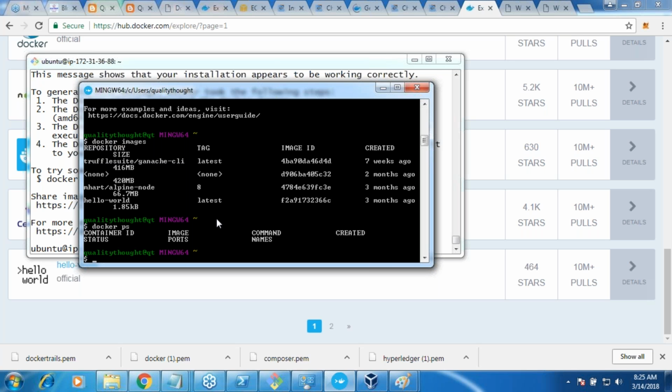So what will be the size of containers and how many containers can we create? There are two sizes you have to look at. One is the basic size which it takes in terms of hard disk. The other is the size it takes in terms of RAM. In hard disk, it depends on your image size. When you do Docker images, you will see the size of the image also.